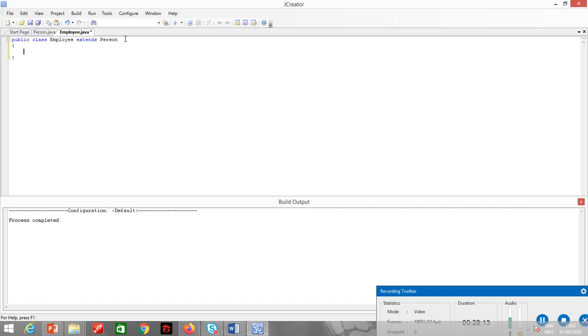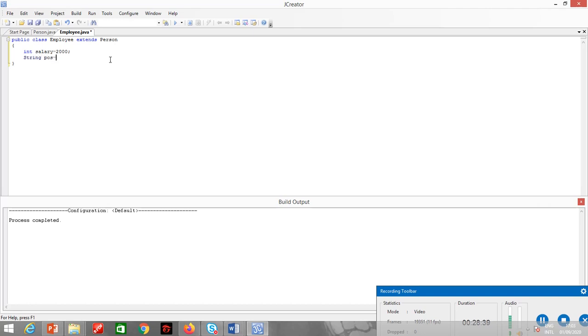Now the employee class will inherit all the variables and methods of the person class, plus the employee class can have its own data members. Alright, let's create for an employee. Employee will always have a salary. Let me make it some number. Employee will always have some position.